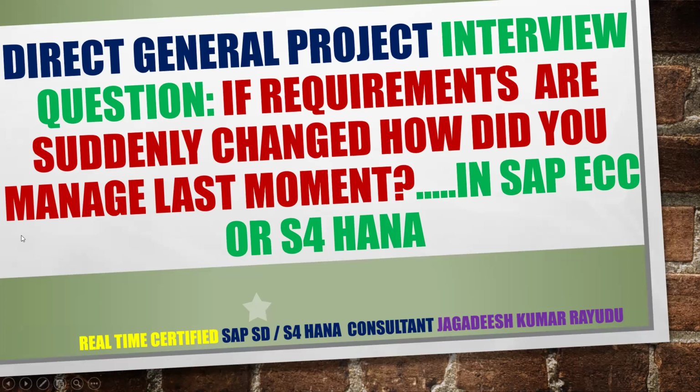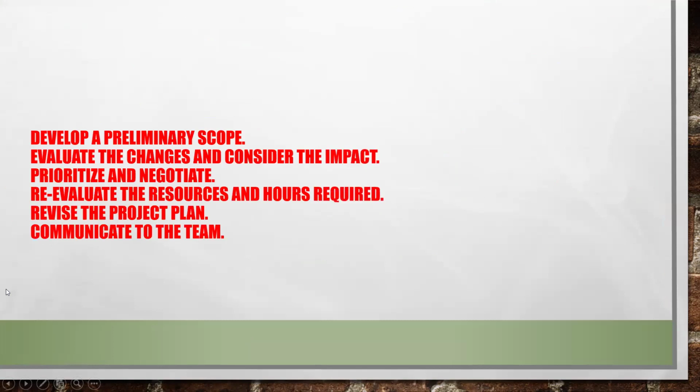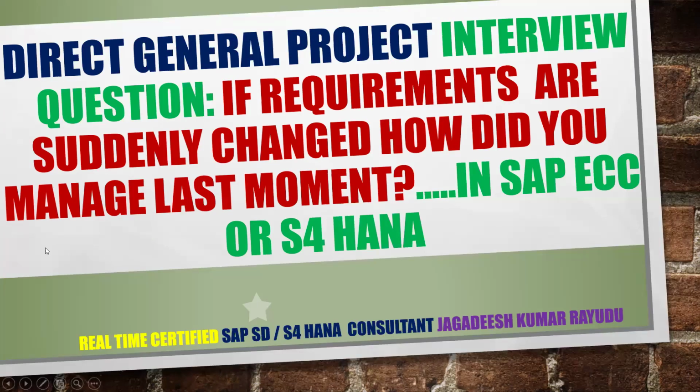Okay, you have to answer with a certain example, not with these theoretical points. These points I have given for you to map with your example. For example, you are doing a returns process. Last moment they change it: we want certain materials to be returned for recall, product recall. You know the difference between returns and product recall. Initially you thought that it is a return, but it is actually a product recall. So sometimes your understanding with your customer also becomes a problem. Considering all the facts, I have given these points and you just try to answer this tactfully.